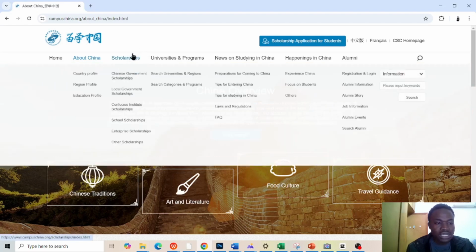So you come to this other tab, you'll see a lot of information also concerning scholarships. So you have Chinese government scholarship, you have local government scholarship, you have Confucius Institute scholarship, you have school scholarships, enterprise scholarship, and others. So in China, there are different types of scholarships. You have the ones that are directly given by the government, which is this one.